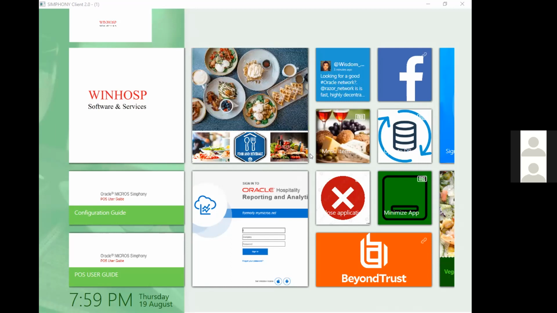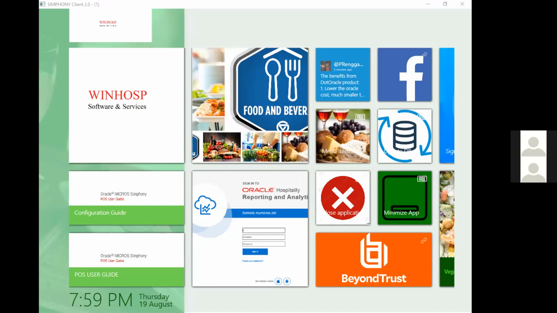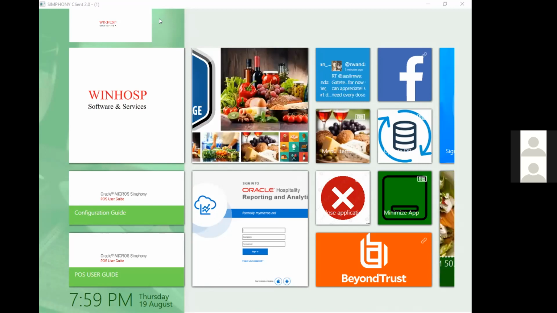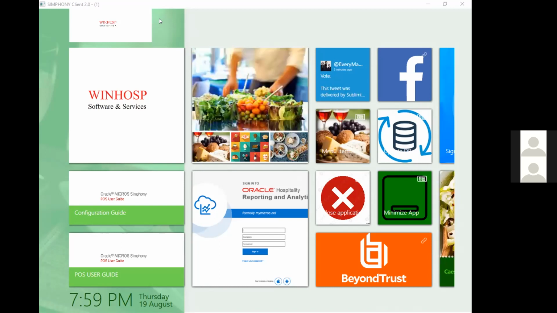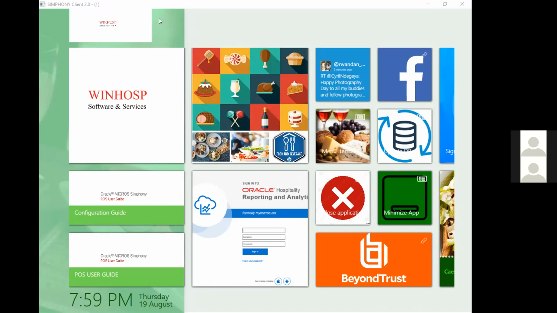As you can see on my screen, we have some sections. On the left hand corner we have a logo section, so starting from there. When we talk about service, it always comes to our mind how we can improve guest services, or how we can have a good approach towards guest services. Considering that, we have configured this screen in a manner so that, operations wise, we can provide good services.